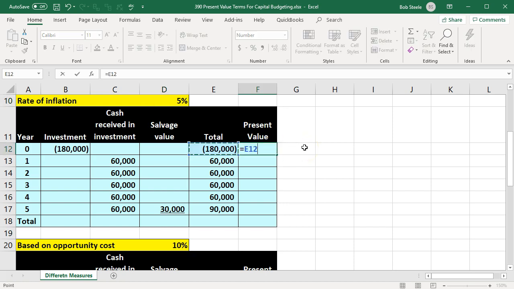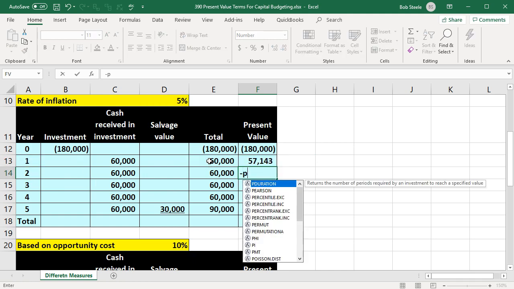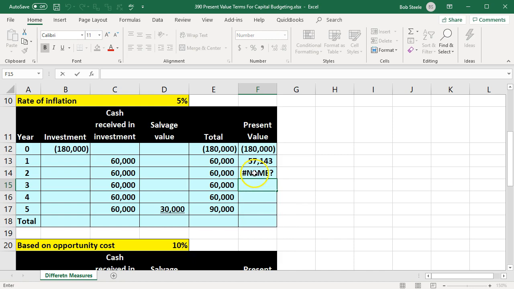The first one, nothing, we're just going to take the same number. The second one is going to be negative present value, double click the present value. The rate is 5%, comma, number of periods 1, comma, the payment is 0, comma, and the future value is 60. We'll do this again, negative present value, double click the present value. The rate is going to be the 5%, comma, the number of periods is 2, comma, payment 0, comma,